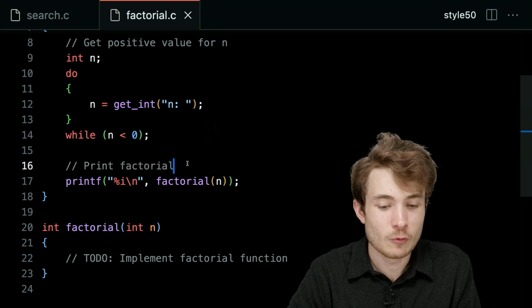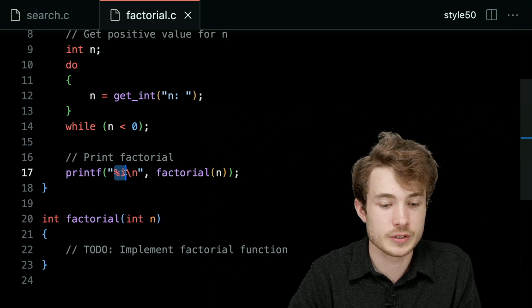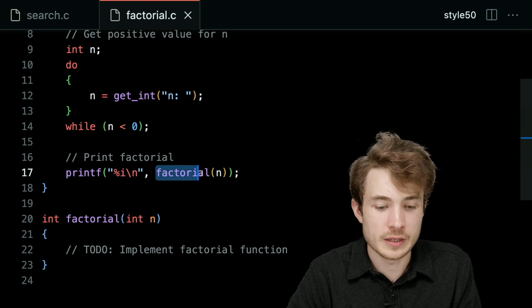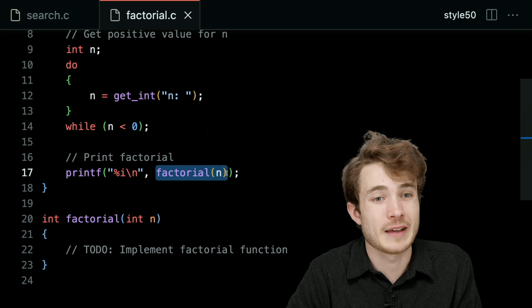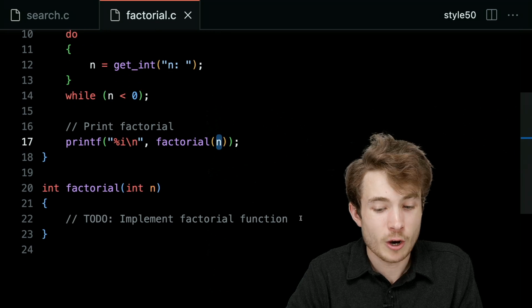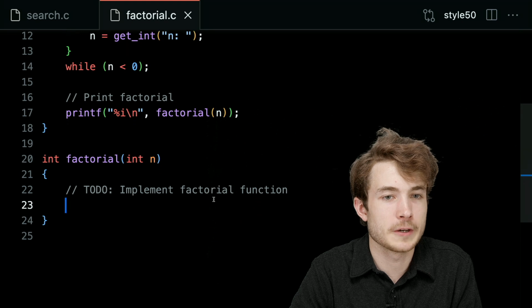And then finally, we'll print the factorial of that number. In this case, we're going to print out our %i format code, a placeholder if you will, but we'll substitute in the result of calling the factorial function given our n input from the user. But now down below, seems like factorial isn't quite implemented here.